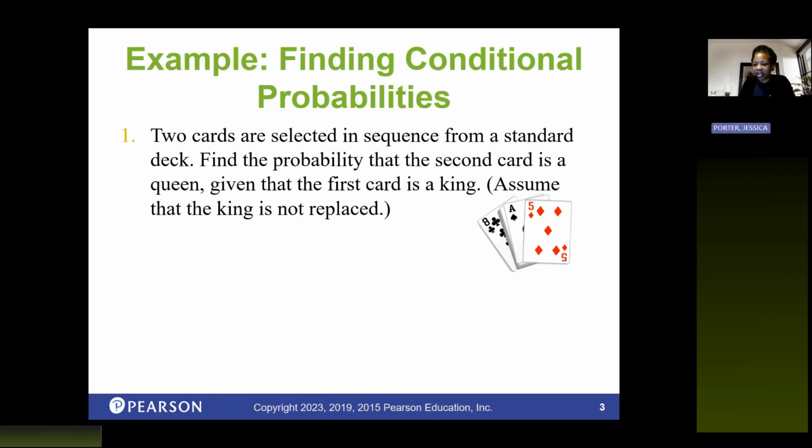$52, correct. So what happens? Let's see. Find the probability that the second card is a queen, given that the first card is a king. So if the first card is a king, how many kings are in a deck? 4. Okay. So I'm asking those questions because I've had a class once before where the students really didn't know